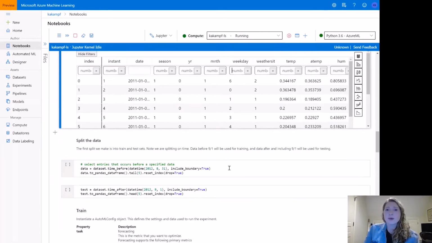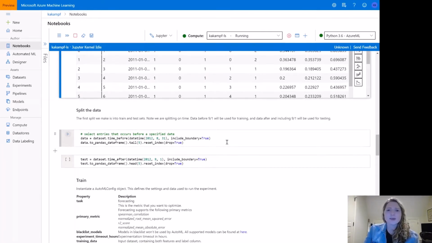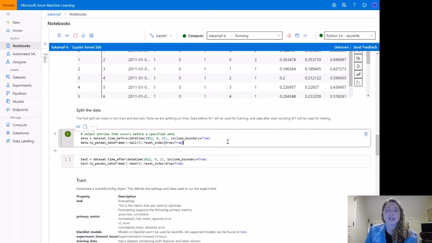Now that we've become familiar with our full data set, let's split it into our test and training data set. So we use our training data set to try different algorithms and figure out which features are most important. And then we'll use our test data set to test the accuracy of those algorithms. And I've written some code to break up our data set, but looking at it now, using the name data